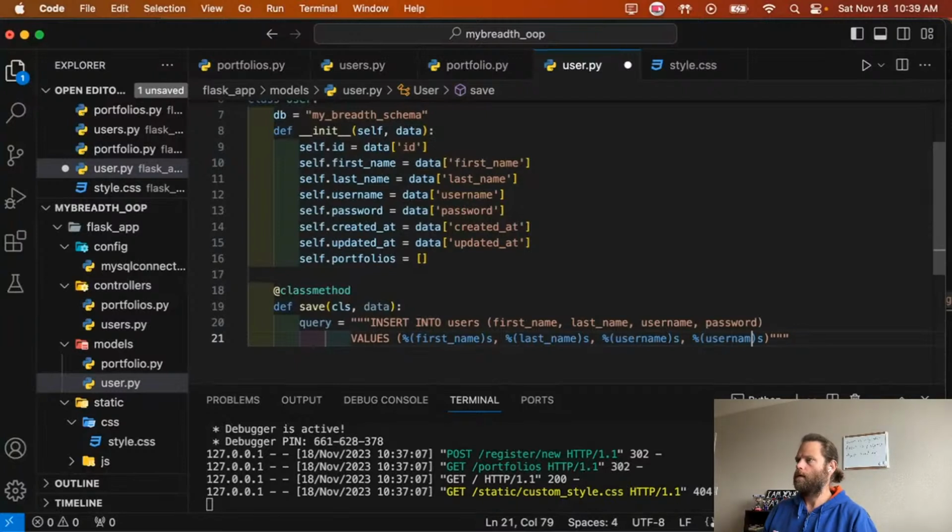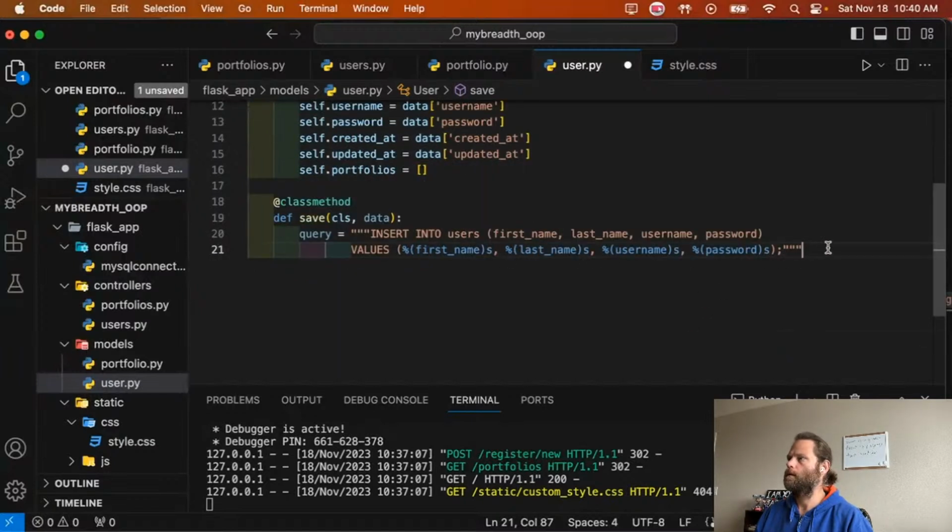Oh, it goes here. Insert into users 1, 2, 3, 4 columns, the values of those 4 columns. And I don't think we need to do anything else. Just return